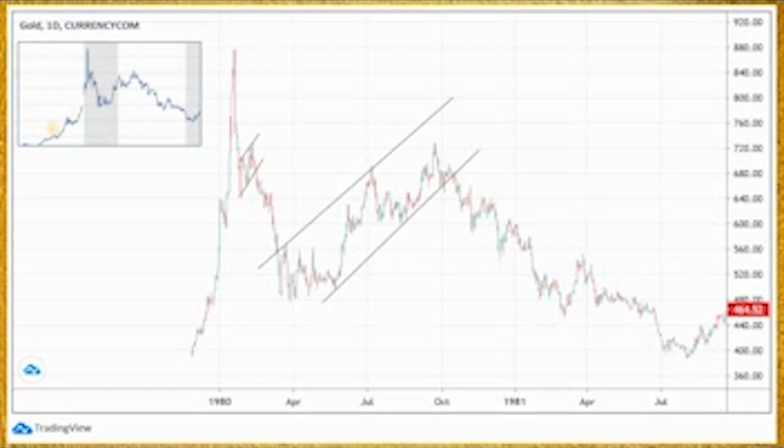And if we look at the overview here, we can see that prices started rising. We had a little bit of a consolidation over here, and then that's when prices really shot up. That was a parabolic move. So one of the things we really want to look for towards the end of the bubble is a parabolic move.